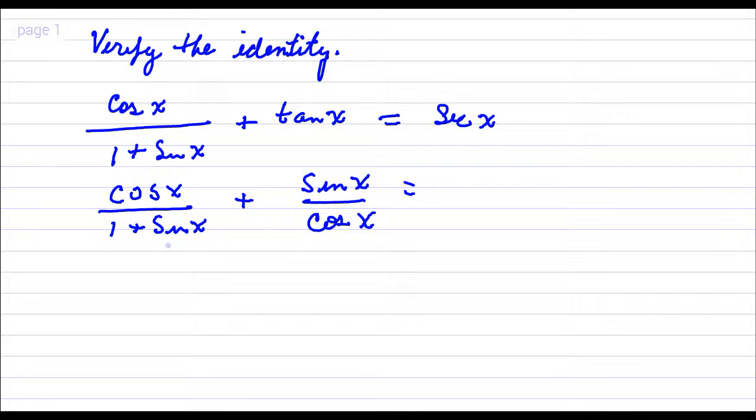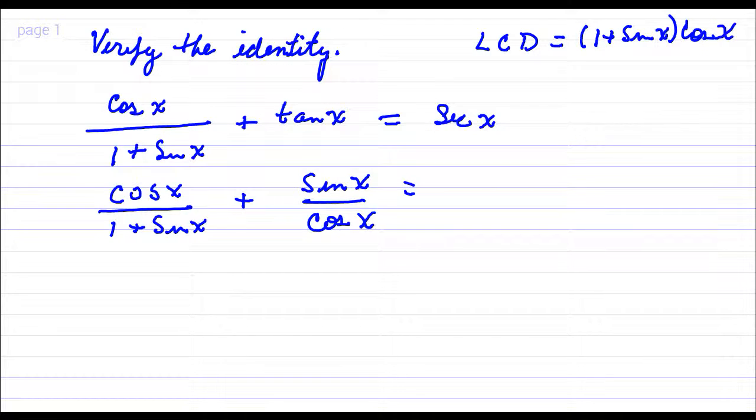Okay, so in order for me to add these two fractions together, I'm going to have the same denominator, and in this case, the least common denominator is going to be 1 plus sine x times cosine x. So in order for me to add these two fractions together, both denominators are going to have this least common denominator in it. This first fraction is missing a cosine x, so I'm going to have to multiply